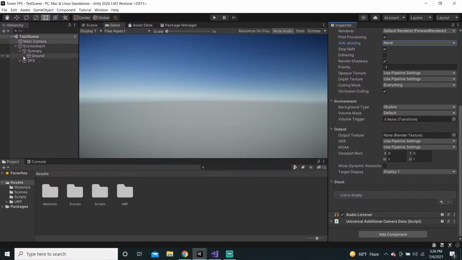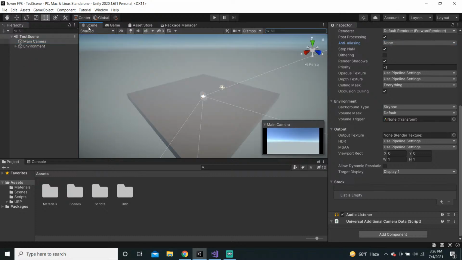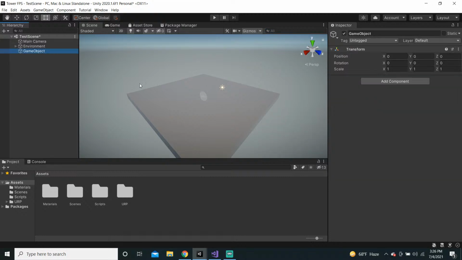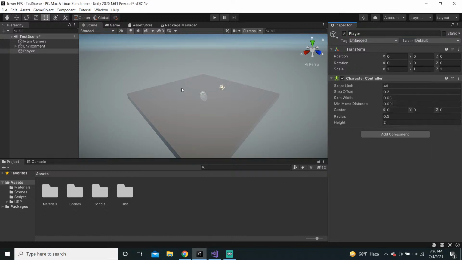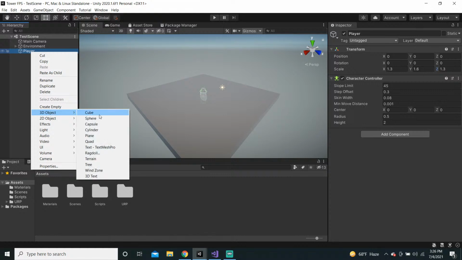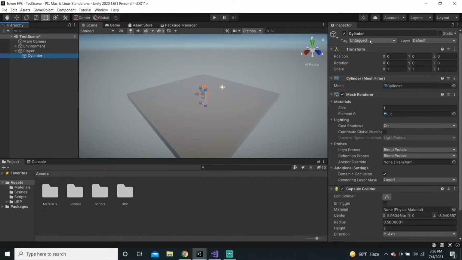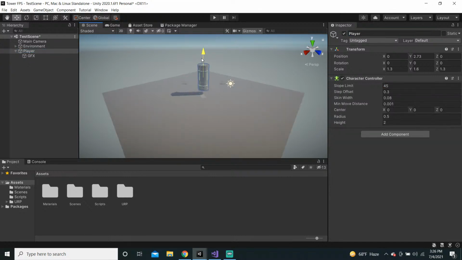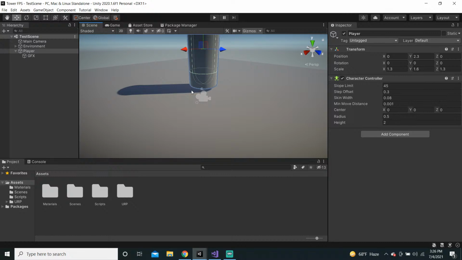That's looking all good. I'll just create my player character now, I guess. So I'm gonna create a new empty object, rename it to player, and add a character controller onto there. And I'm gonna move the player up. Bear with me. 1.3 by 1.6, 1.3, and I want to create a new cylinder over there called graphics, and then I'll move the player up. Okay,